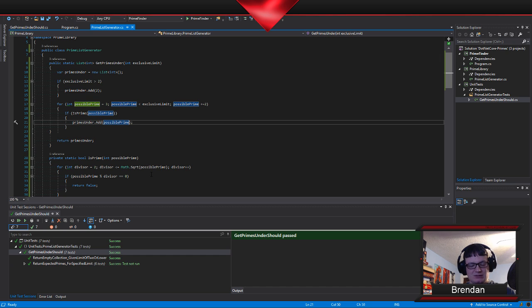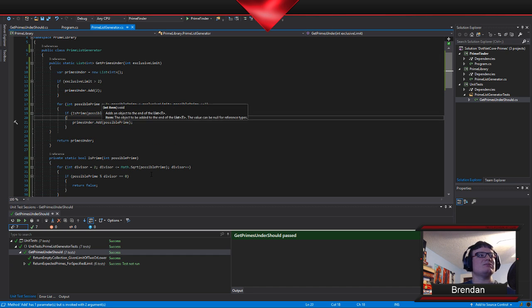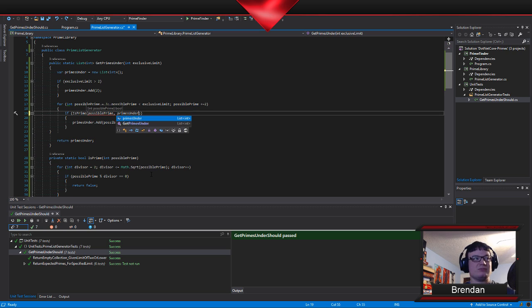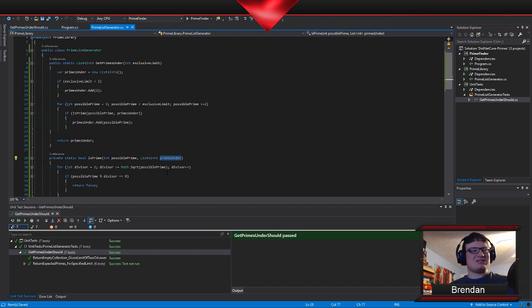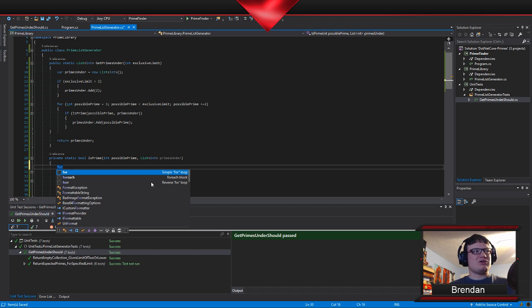I think that I want to pass this in. Don't mind me, right into here. So those are the primes under the possible prime now. That name actually made some sense there. Okay, so I now have this list of primes.